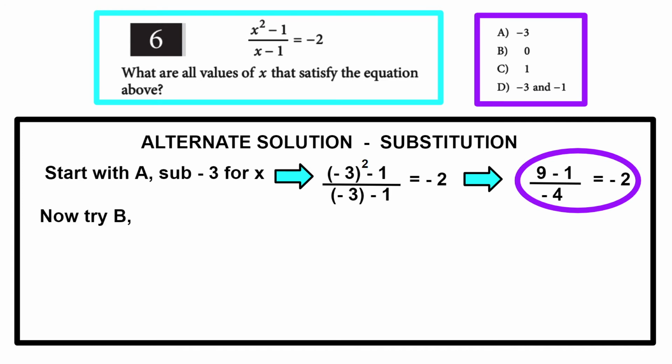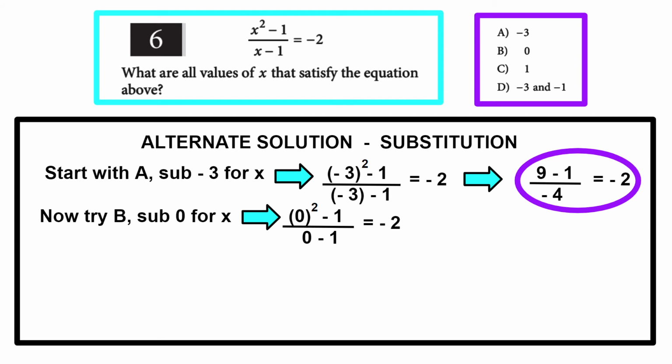Let's check B, C, and D just to make sure we're doing this right. And also we actually need to check D because negative 1 may also be a solution for x. So for answer B we have 0, we sub 0 for x. We place that into our expression: 0 squared minus 1 divided by 0 minus 1 equals negative 2. And let's see if